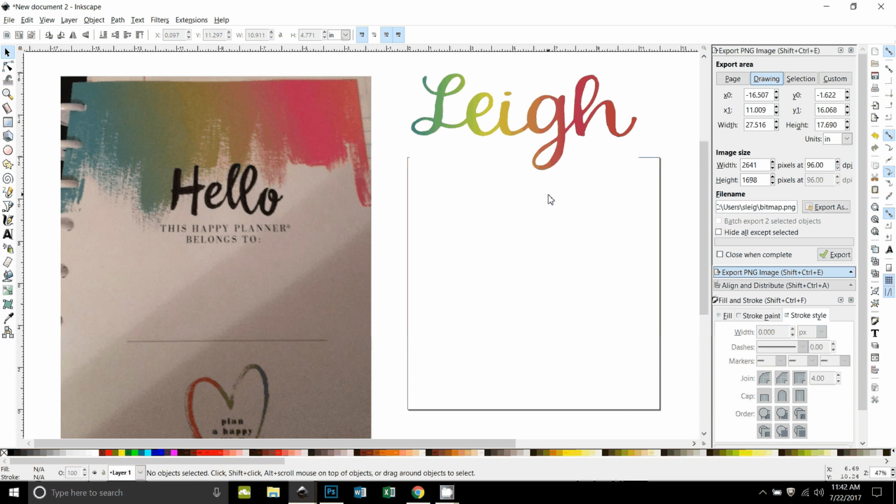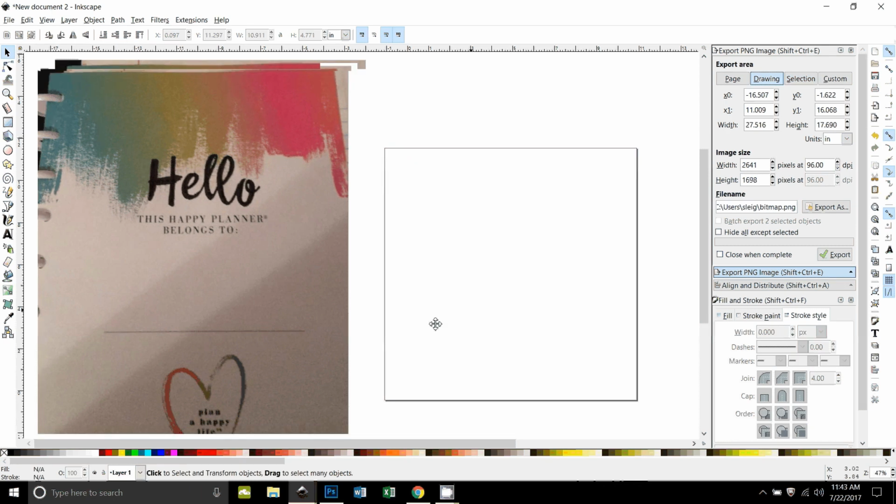name here. Now, somebody on Troy's Inkscape page was wanting to make their daughter's name into a sticker to match this Happy Planner cover, which is a gradient going from blue to sort of a coral color. So I'm just going to use that as a sort of a template for the colors I pick for my gradient. So let me get rid of this, and now I'll show you how to go about doing something like